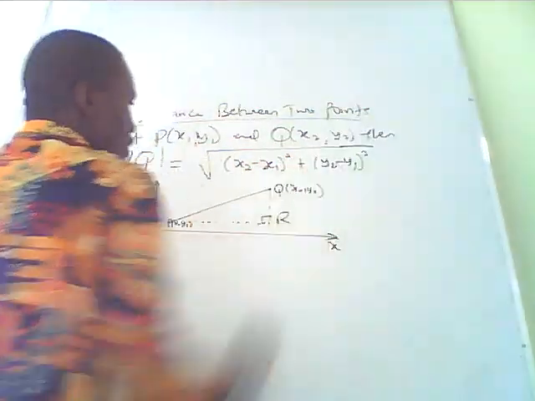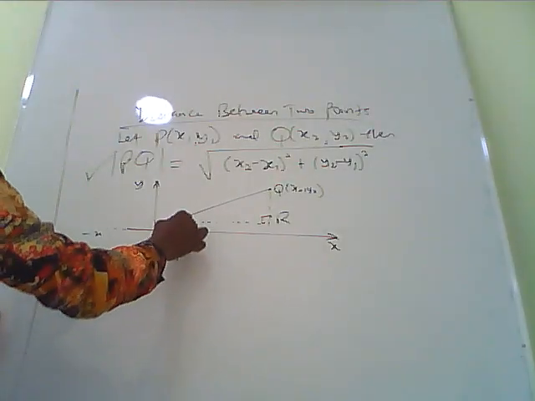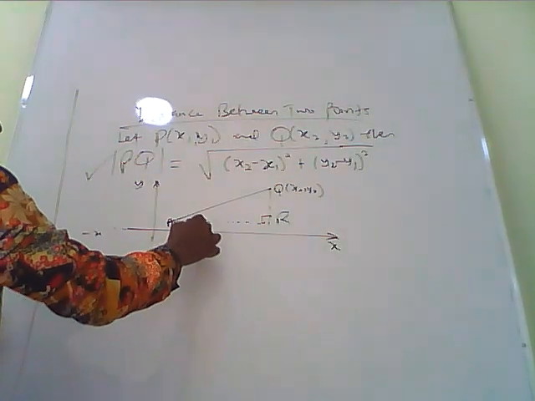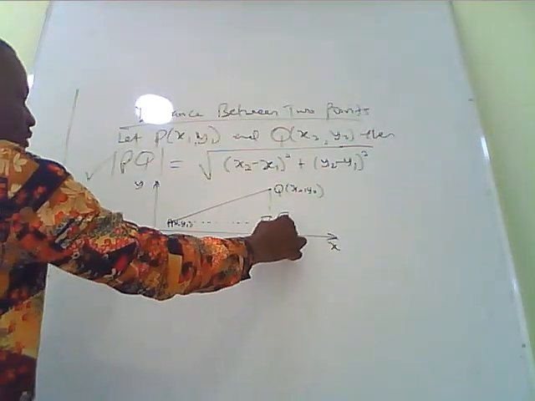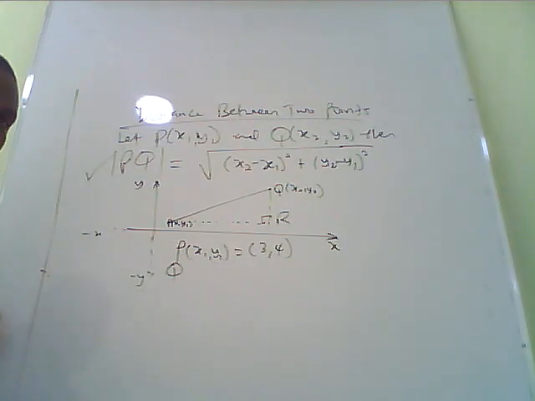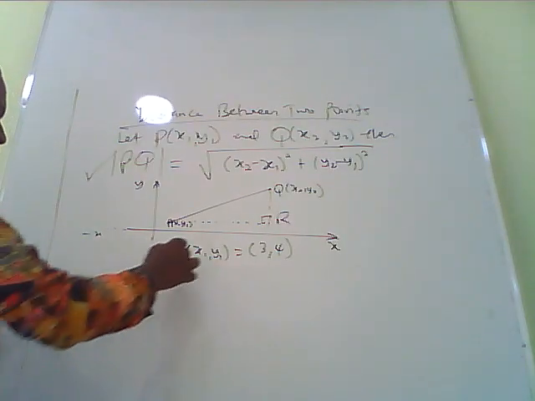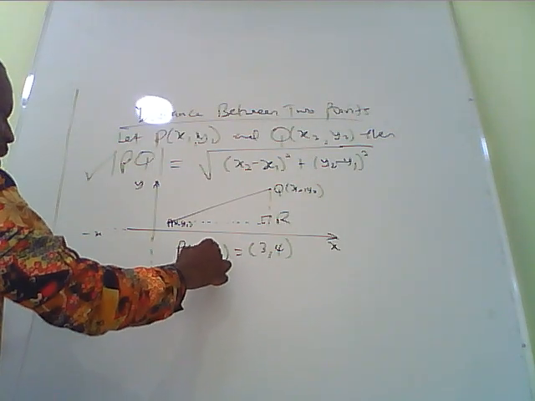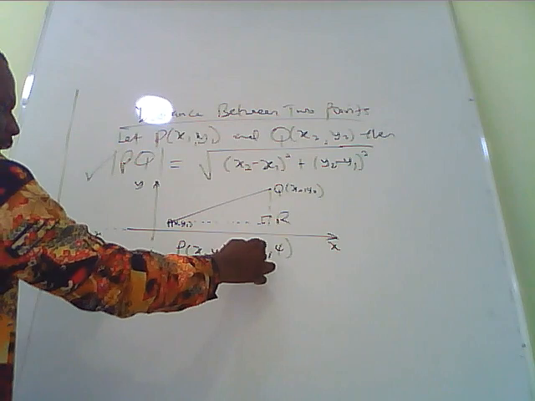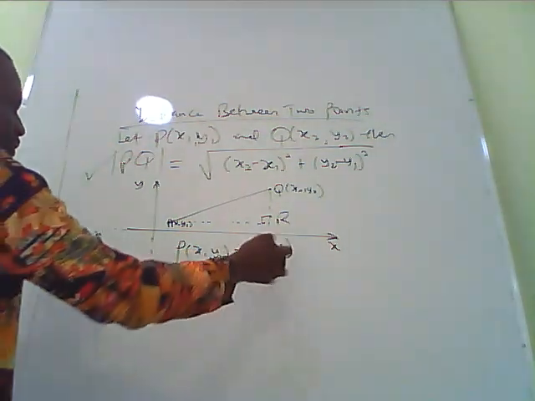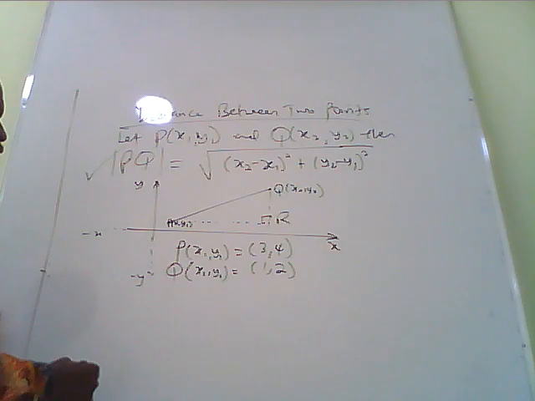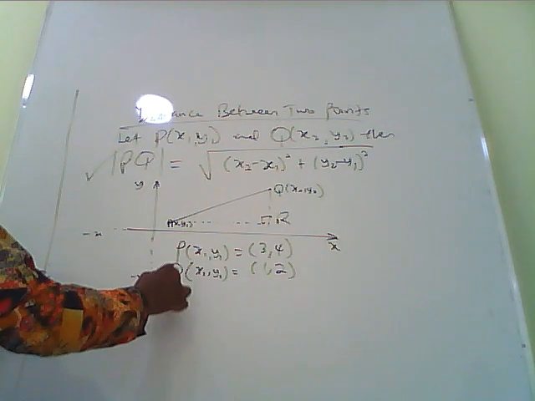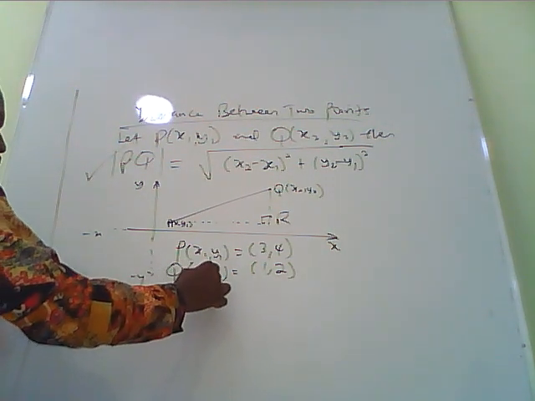For instance, if P is equal to a point x1 and y1 having 3, 4, and Q is also a point having x2, y2, let's just say 1 and 2, we can actually find the distance between these 2 points, P and Q, which is actually the line PQ, which is going to give us